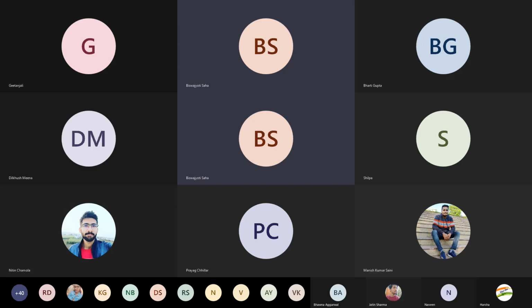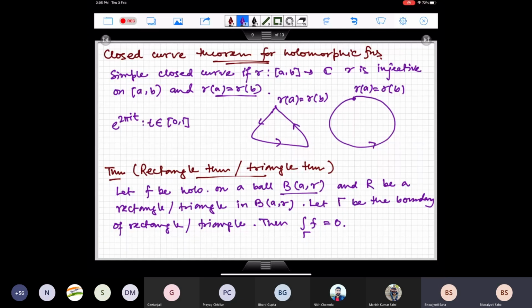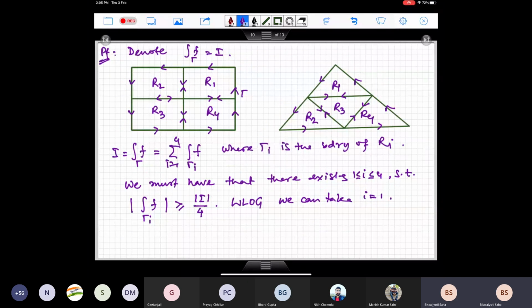I have a holomorphic function which is defined on a ball, and inside that ball, I'm taking a rectangle or a triangle. If capital gamma denotes the boundary of that rectangle or the triangle, then my claim is that the integral of f over that rectangle is going to be equal to 0. So what we saw in the last class,